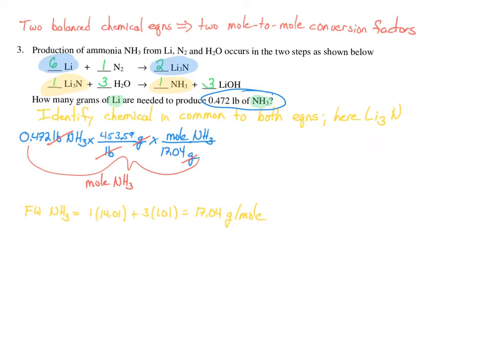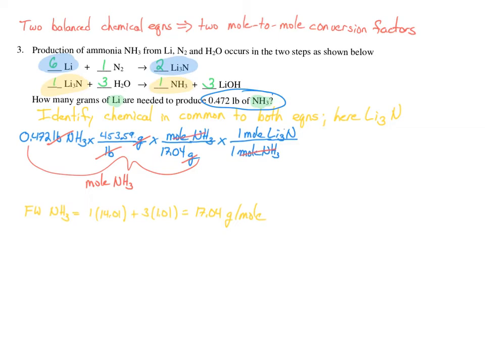We look back to our two balanced chemical equations, and we see here is ammonia, and we want to relate ammonia to the common chemical. The link between these two equations is always going to be the common chemical. So we're going to use the second equation to relate ammonia to lithium nitride. And we see our mole-to-mole ratio is set up correctly because moles of ammonia cancel out